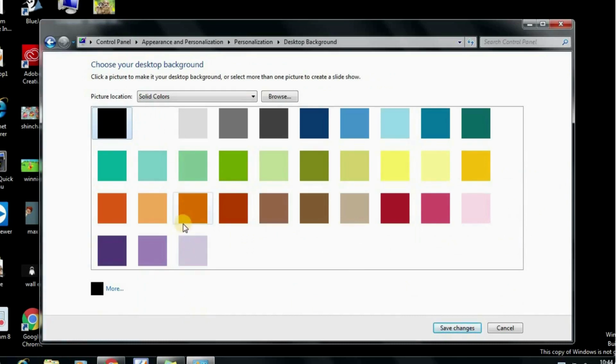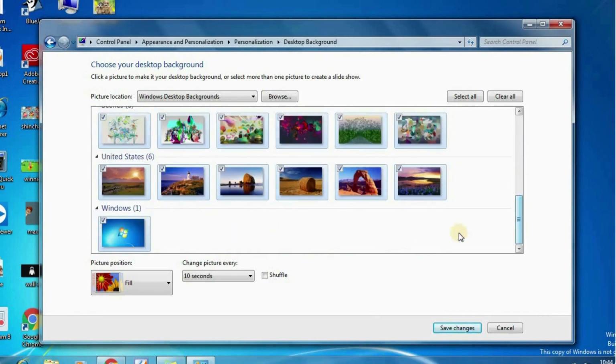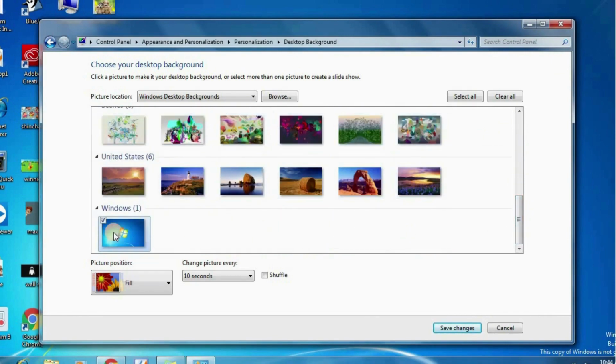You will get a window like this. In the Choose your desktop background section, choose the location of the picture from the Picture location. Here I am selecting Windows Desktop Backgrounds. Select the picture that you want to set as the background.